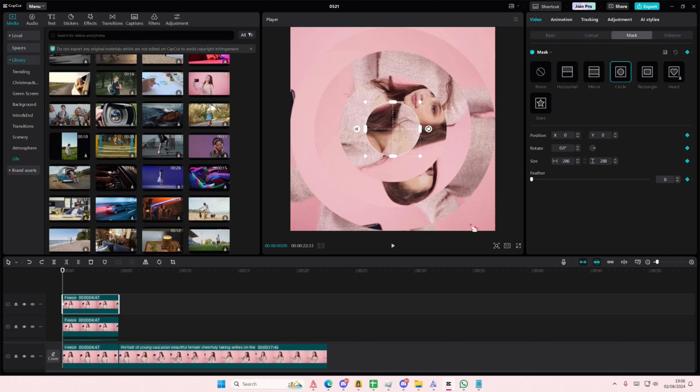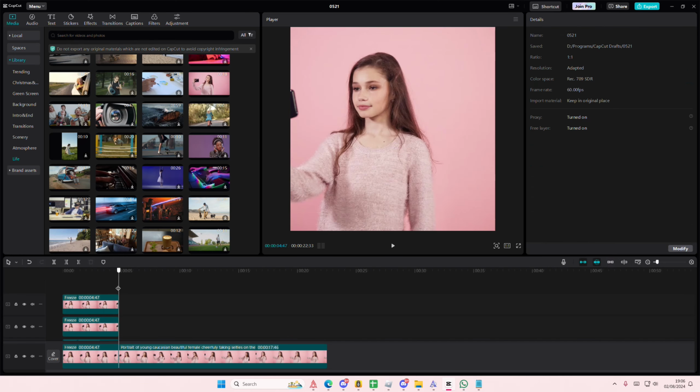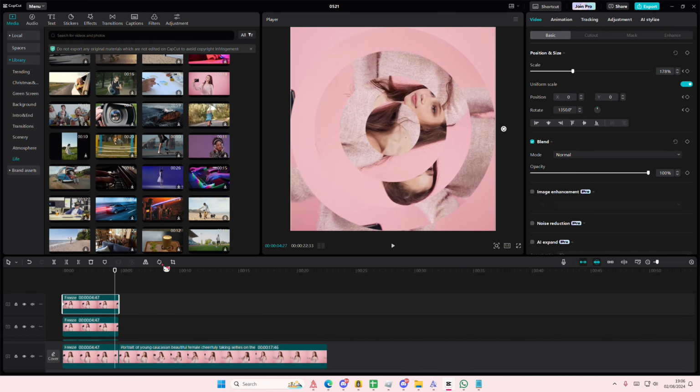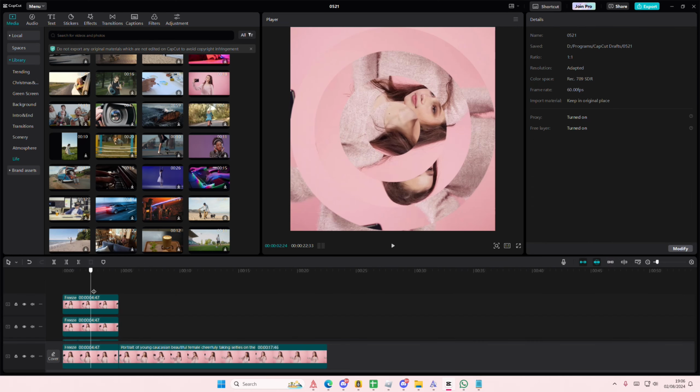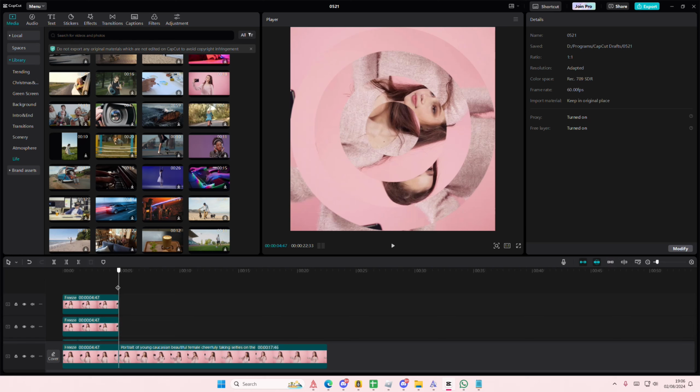Okay, let me just delete that. I think I have to add it in a basic. So add a keyframe here. Then here, I'm going to rotate it so it's like that. There we go. And on this one as well, I'm going to add a keyframe, and then at the end,